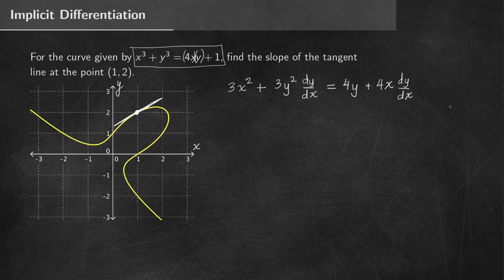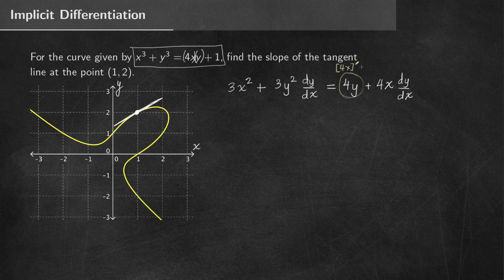So we still need to solve for dy/dx. But before we move on and do that, I just want to point out, because it's a common question, people ask, why is there not a dy/dx here? Like, why isn't the 4 being multiplied by dy/dx? Well, in this part of the product rule, we only wanted the derivative of the first. So it was the derivative of 4x